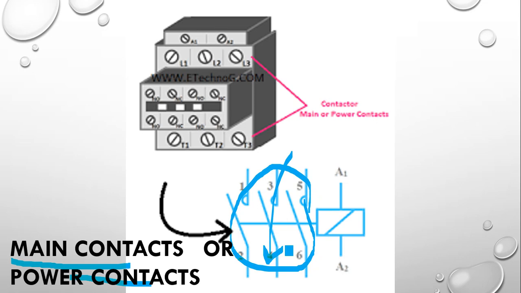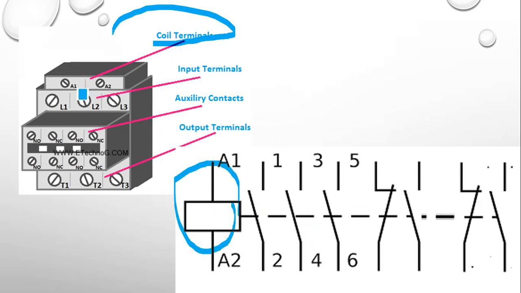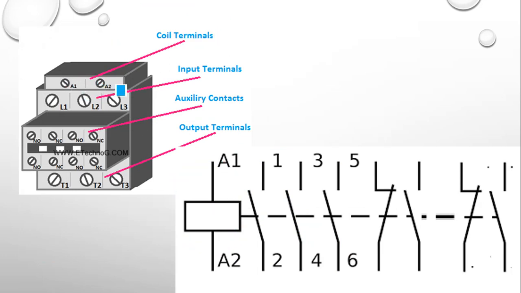the machine or motor. The other things are, one coil terminal will be there where the coil connection will be available, A1, A2 terminals. Here we have to give the supply voltage to the coil. And there will be main input terminals, L1, L2, L3, where we will be giving our three-phase input. And these are known as auxiliary contacts. We'll see the function of auxiliary contacts. And here are the output terminals. The connection to the motor will go from these terminals, known as T1, T2, T3.